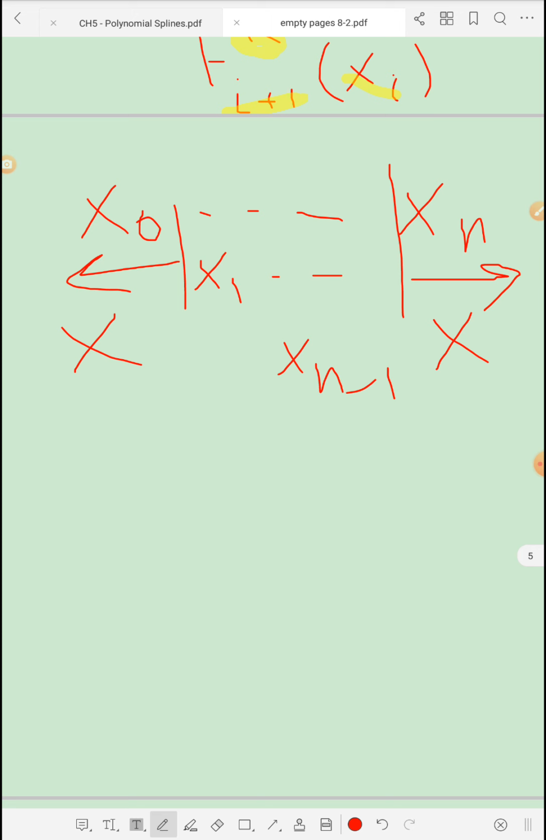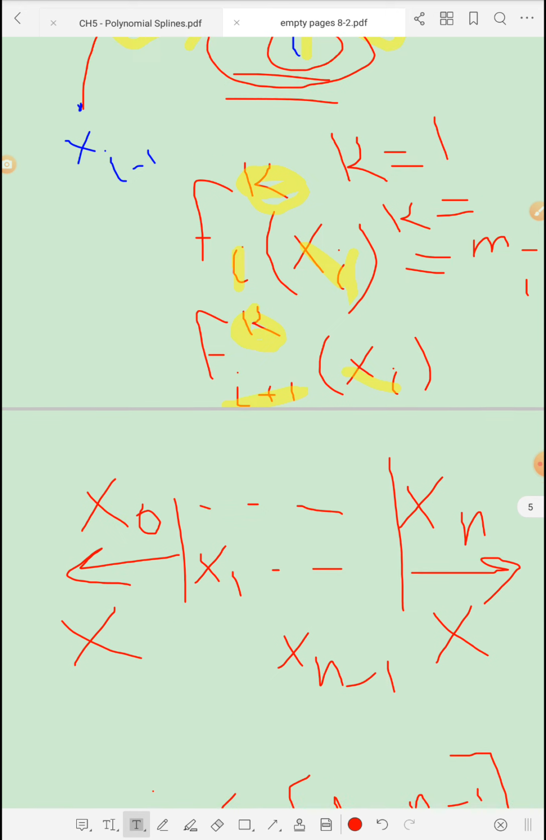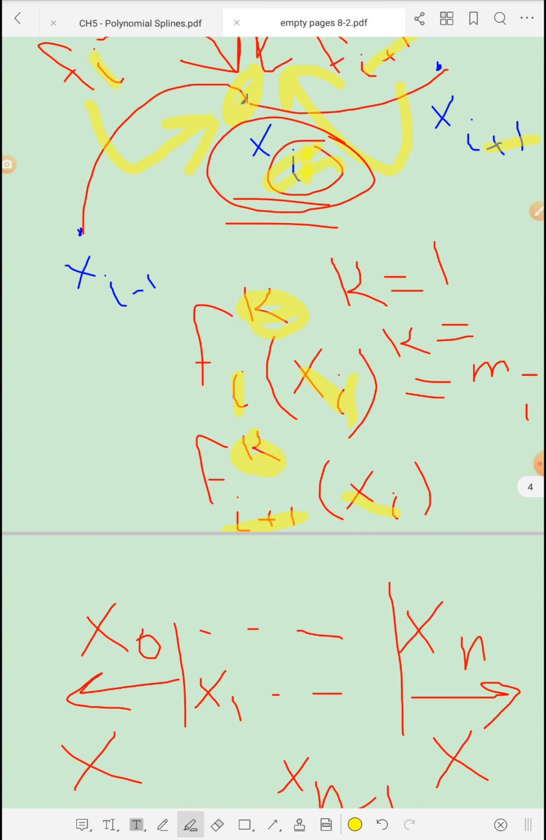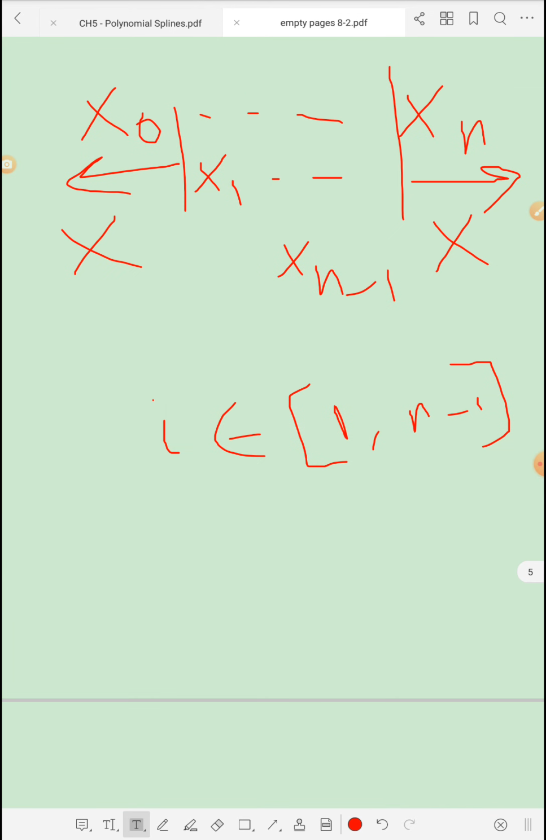So the i in the previous description is limited to the interior nodes, which is the range between 1 and n minus 1. This xi and this i that I have described, the interior node index, at which we calculate the left and right derivative, which should be equal, is confined to the range between 1